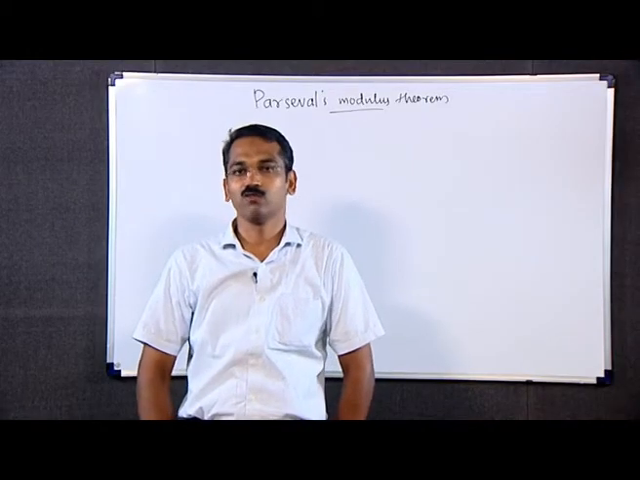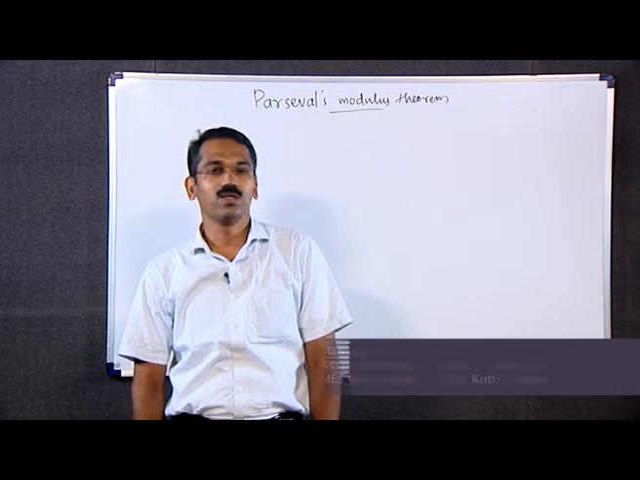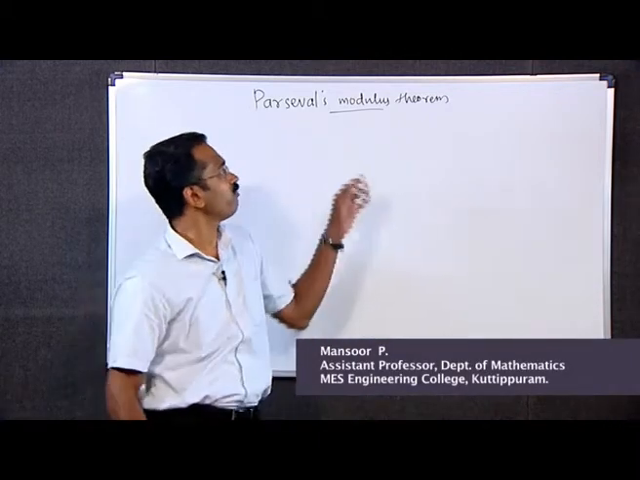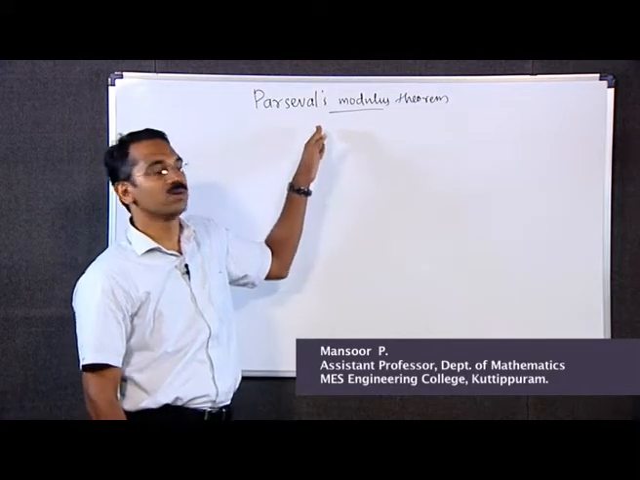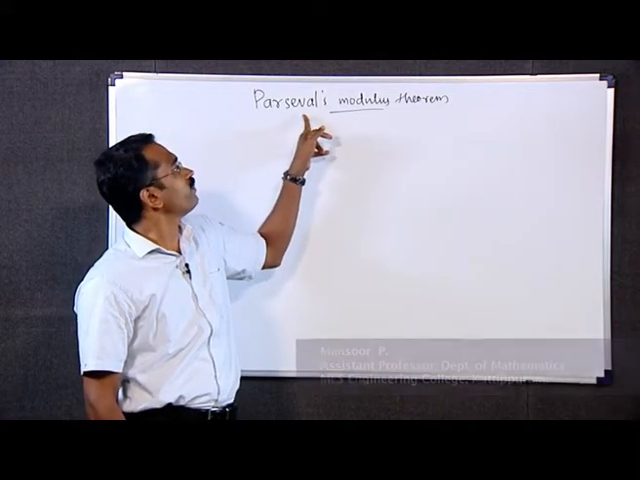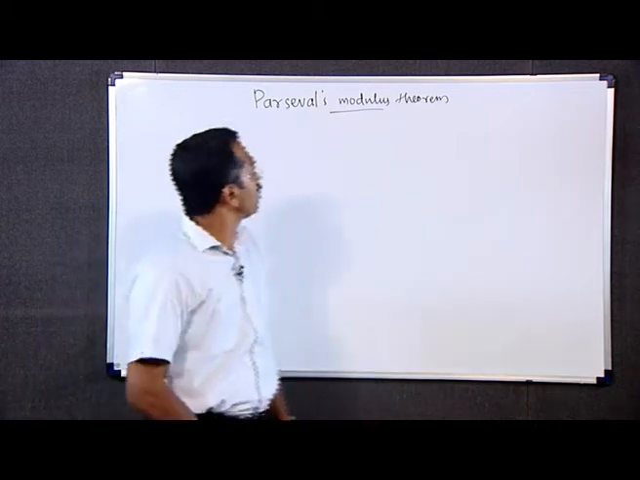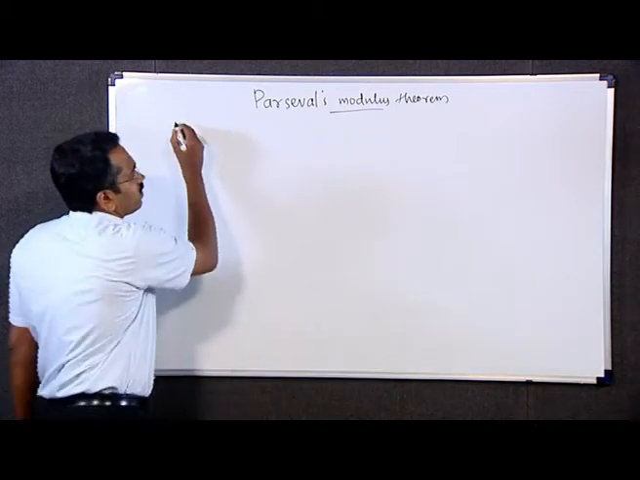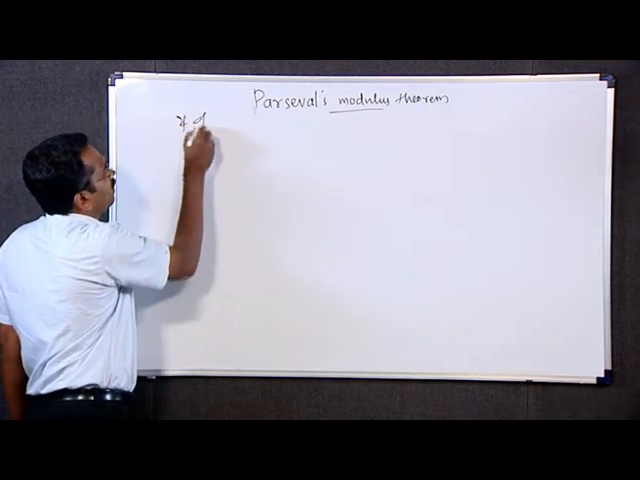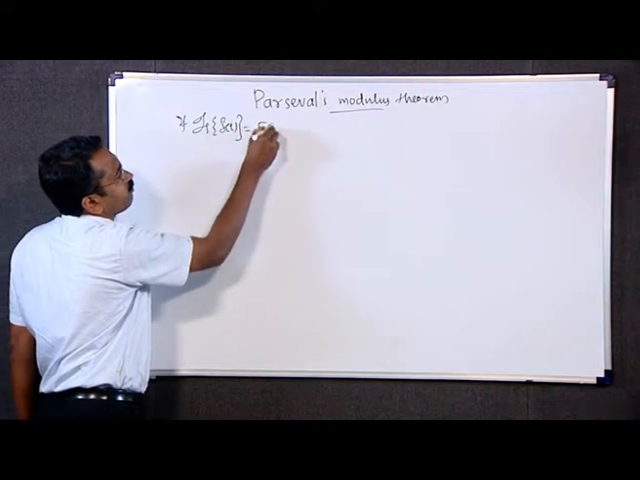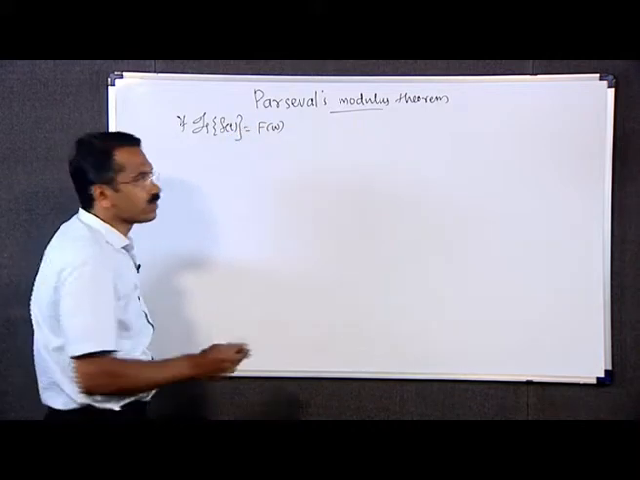Welcome back to the session on Fourier transforms. In this session, we shall discuss the main property of Fourier transform, which is known as the Parseval's modulus theorem for Fourier transforms. The theorem is, if the Fourier transform of a function f of t is equal to F of omega, then